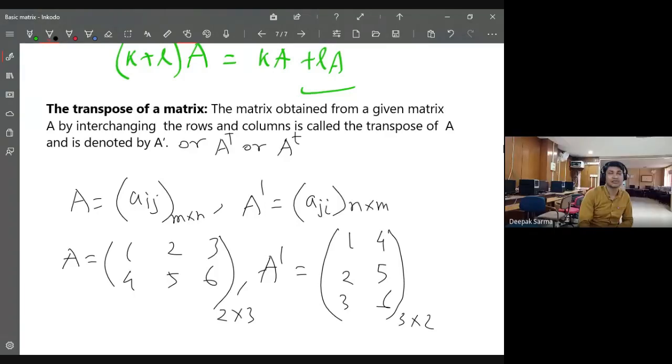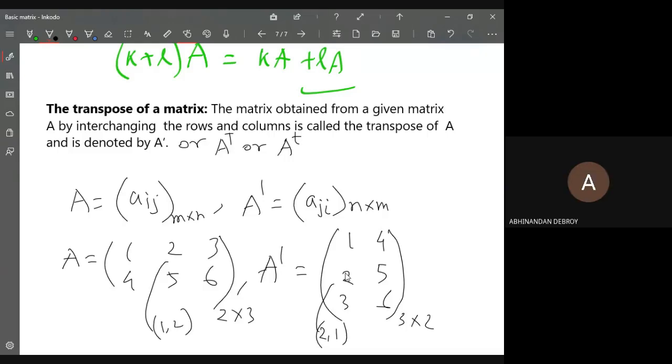Okay, sorry, let me explain here. Suppose I consider the element 2 here. What is the position here? It is A1,2. But 2 goes to the A2,1 position. Here 2 is in position 1,2, but here 2 will go to 2,1 because the rows will become columns. So every element in an ij position will move to a ji position. Is it clear?